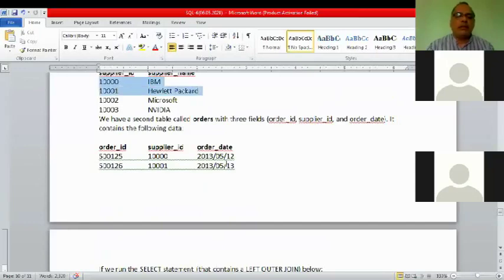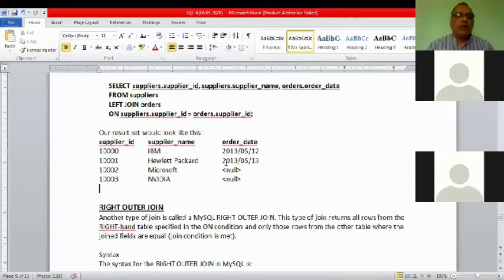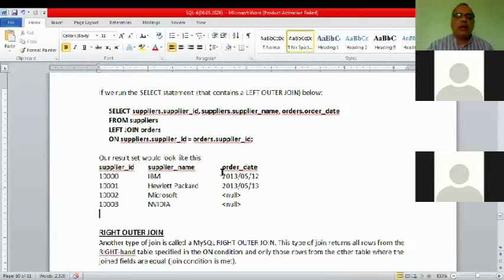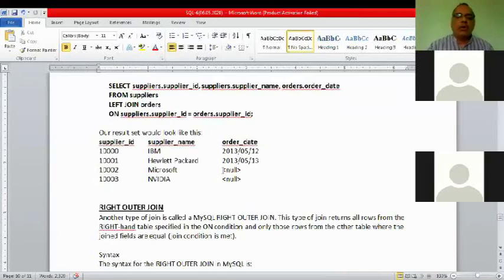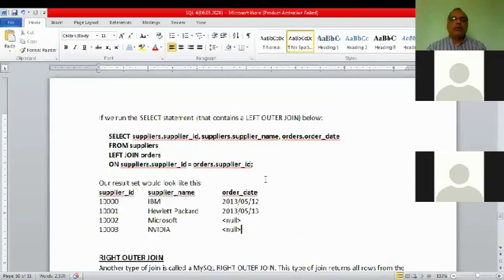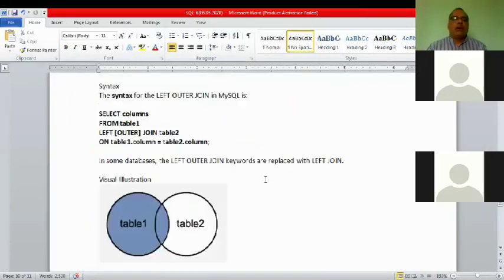Yeah, those are getting matched. Now, there are 2 more records in the supplier table, but it has no order dates. So their null value will come.